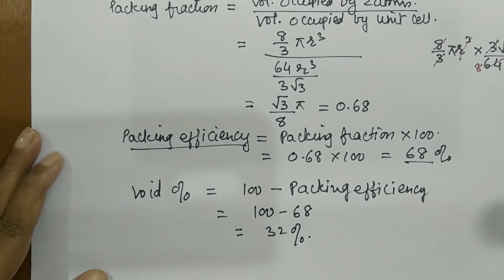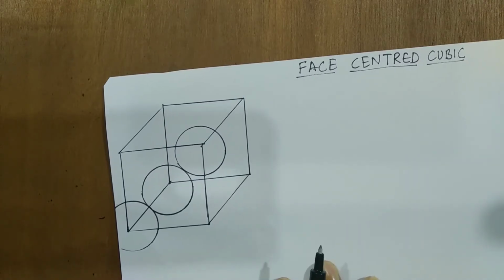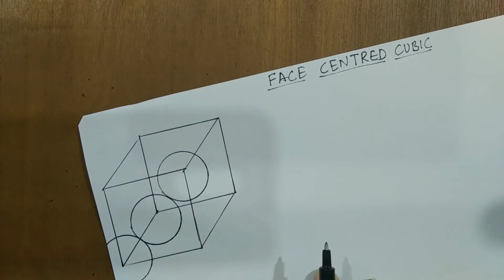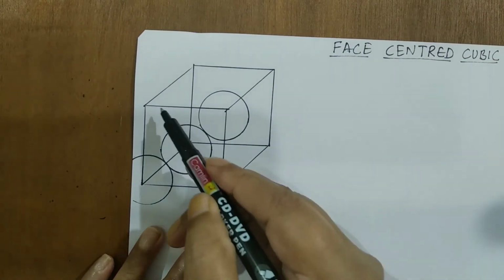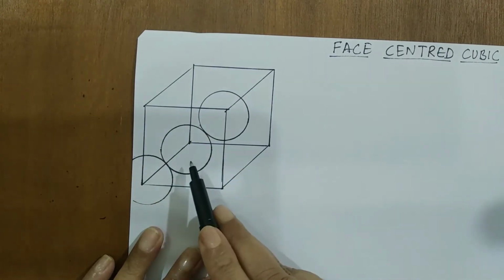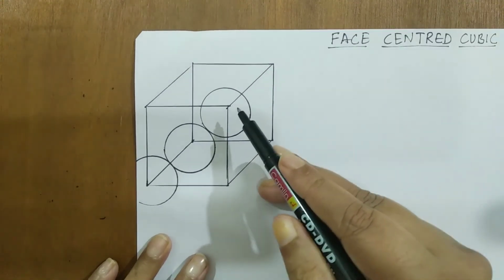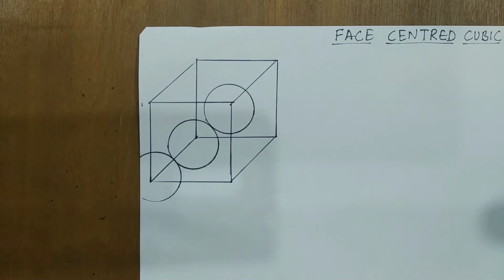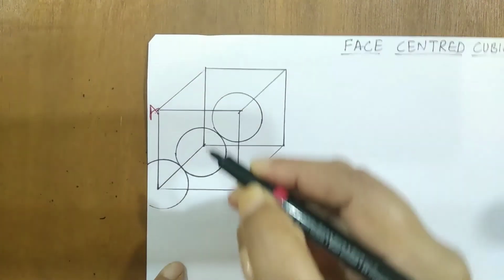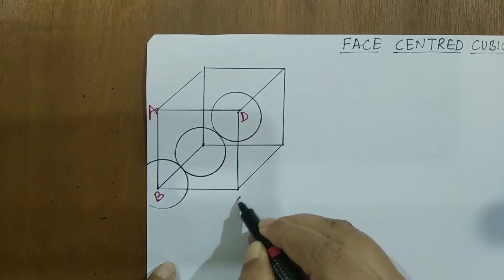Let us move on to the third one, that is FCC. So let us see for the FCC, students, here. Now for our convenience, again I have shown the diagram in this way. I have considered this face, and this is the atom which is present at the center of the face, and those are the 2 corners. Now let us mark the system again. So I will mark this as A. This is B, D, C,